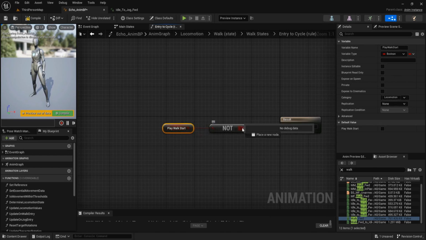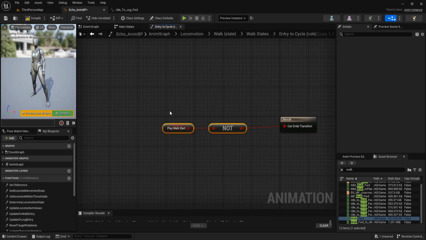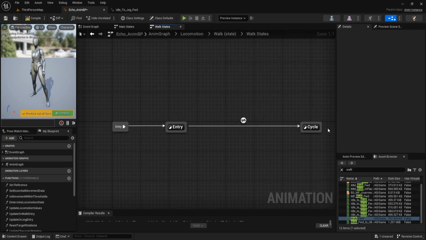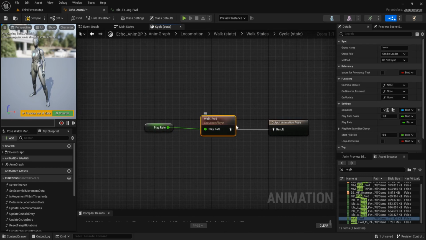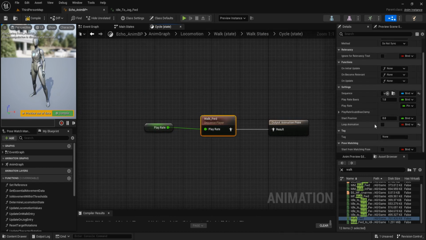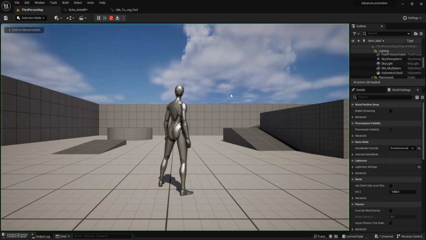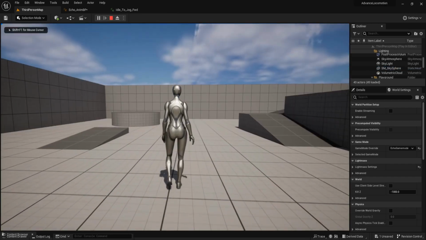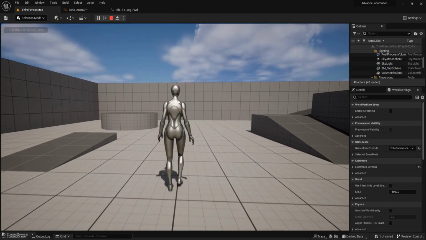Connect it to can enter transition. Double click on the cycle again. For walk forward, we choose loop animation and set it to true. Let's play test. And when we walk, the character starts walking.